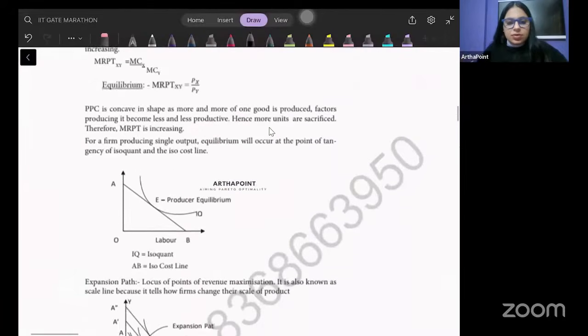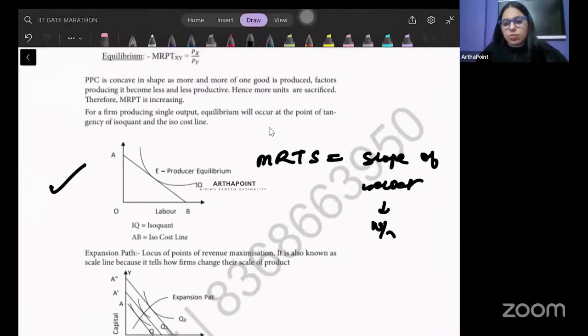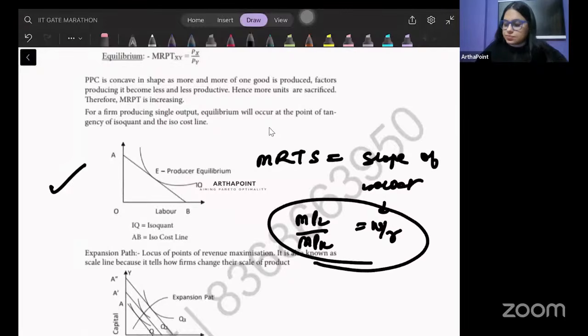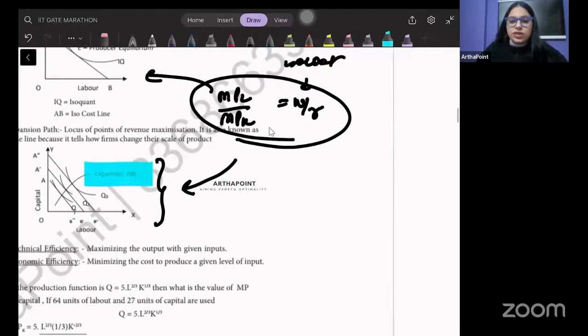Just come a little below. This we know. This is just MRTS is equal to the slope of ISO cost line. तो ISO cost line का slope होता है W by R. MRTS is MPL by MPK. So this becomes my producer's equilibrium. Come a little below. When I joined all such equilibrium points, it gives you expansion path. So for example,